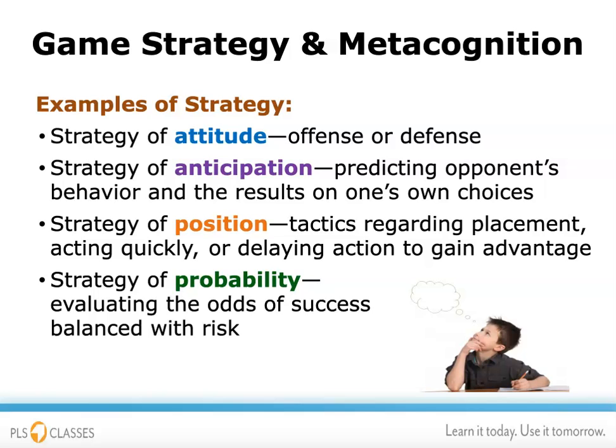Strategy of position. You will see this strategy used in races, running, swimming, or the Kentucky Derby, where one player might decide to adopt the position of coming from behind. They run a slow and steady race, making a final surprise sprint at the end. Another player might choose the in the lead position and decide to break out quickly right from the start. They assume the position of in the lead to make others feel like they are behind and defeated.